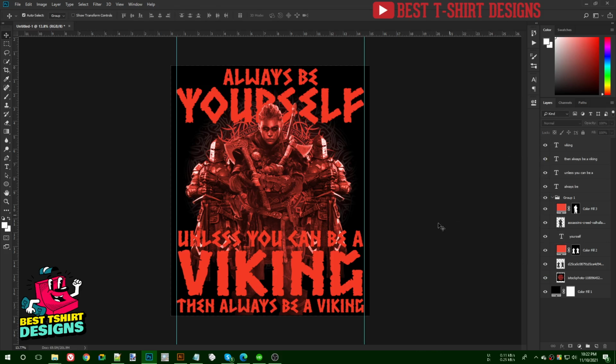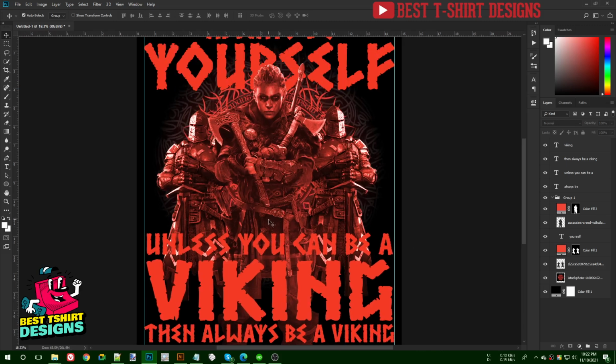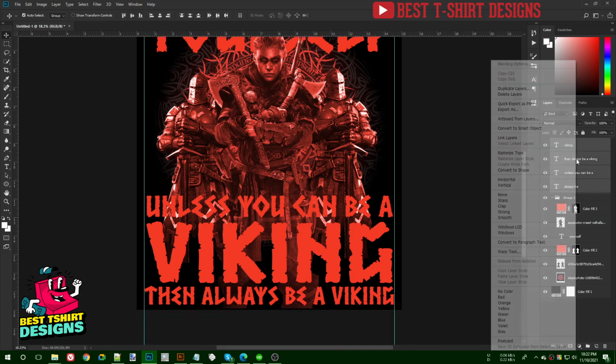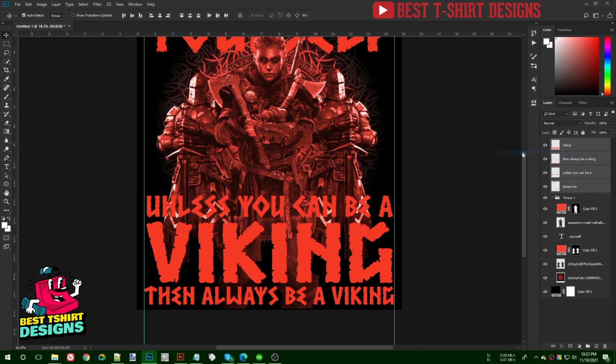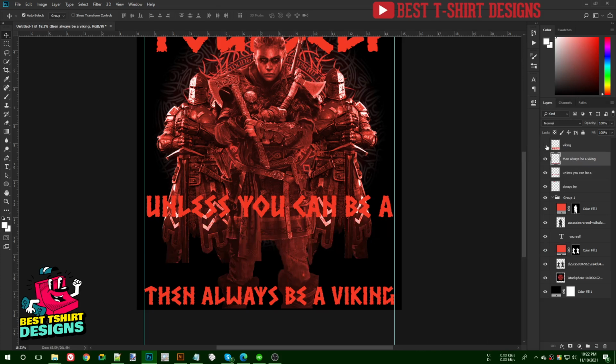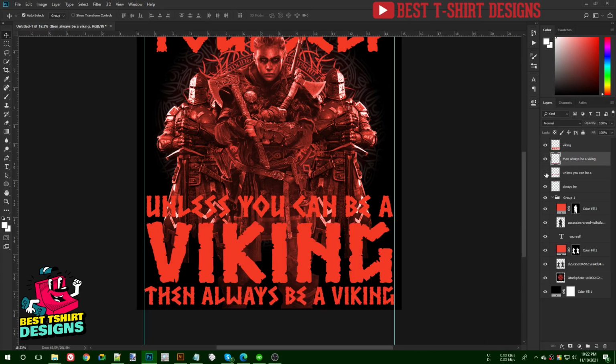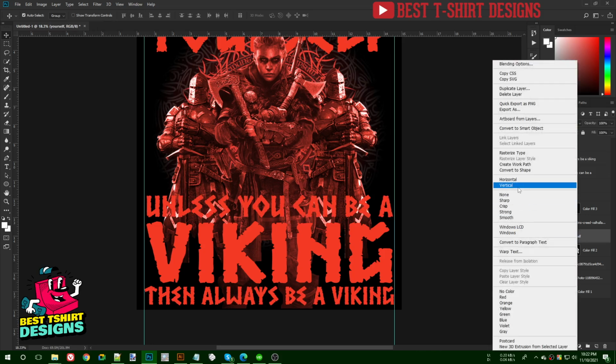And for now the text position I need to do some modifications. First of all, you can see here I don't need this part of the graphics that is being visible here. So first step, once you are satisfied with the position of your text, you need to break them. So I'm going to select them all, right click and then rasterize type. That will make them only simple layers. They are no more text, they are no more fonts, they are just simple shapes. Of course for this one too.